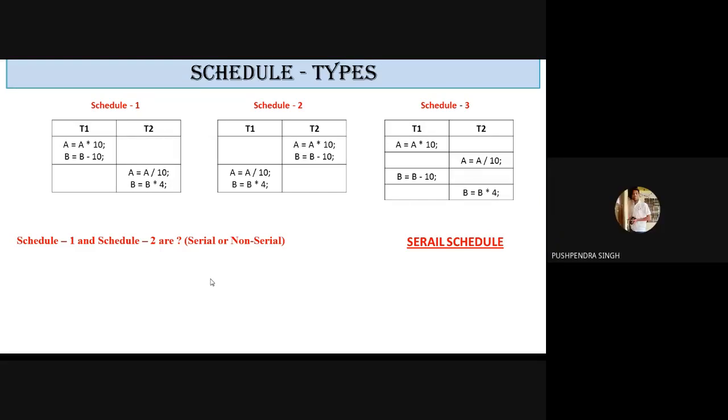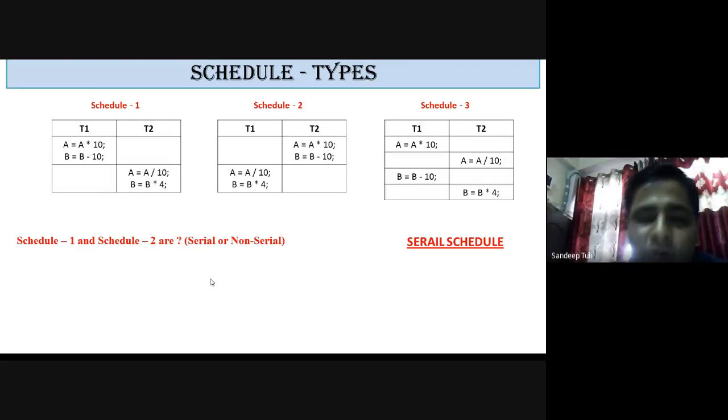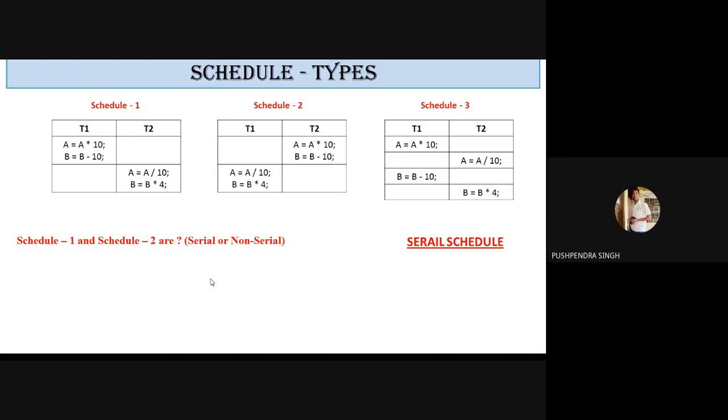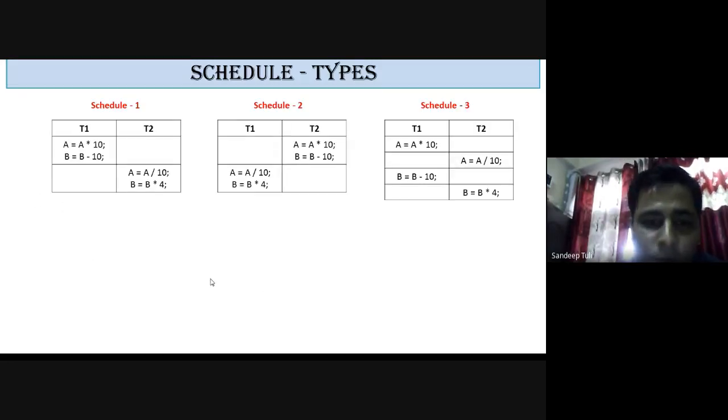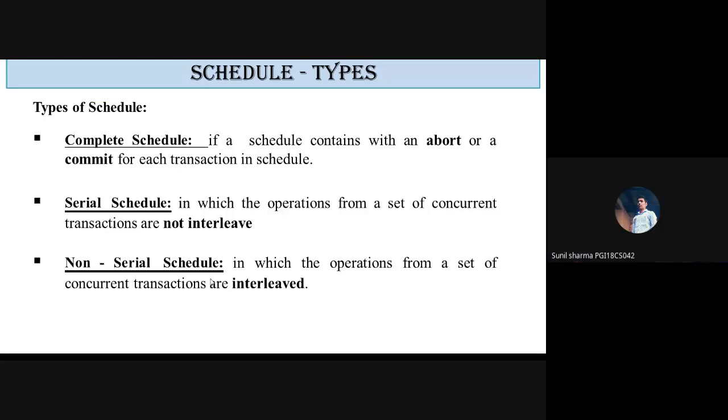Why? Sir, because first T2 is being performed, then T1 is being performed, therefore. Sir, it is serial. Yes, why is it serial? Sir, because first the T2 transaction has been completely processed, then after that the T1 transaction will be done. Good. Schedule 2 is also a serial schedule, Pushpendra, because all the statements of T2 are executing first and then only T1 starts. Sir, but you just said that T1 should be performed first. No, I said that any transaction should be completed fully first, either T1 or T2.